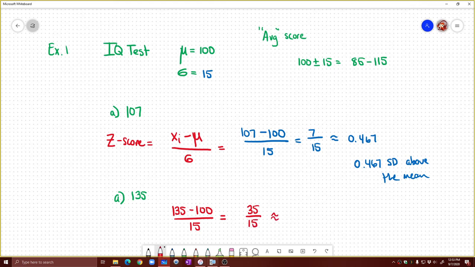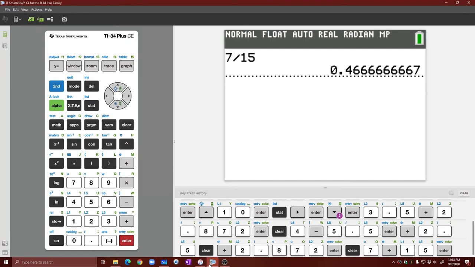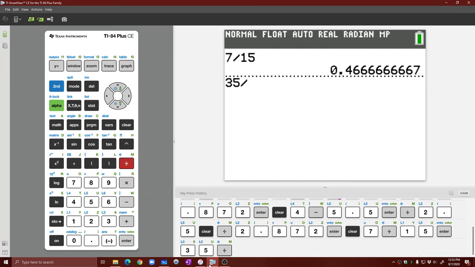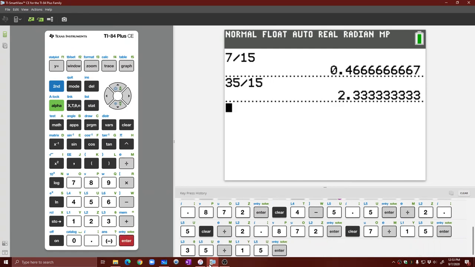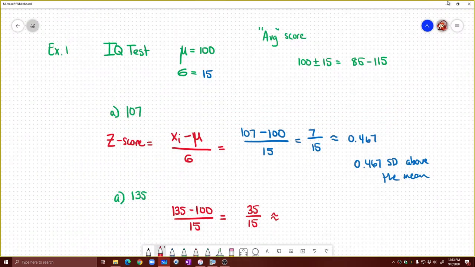And then we'll put that into our calculator again. So 35 divided by 15. And now we got a 2.3 repeating. So I'm going to put 2.333. So that means we are 2.333 standard deviations